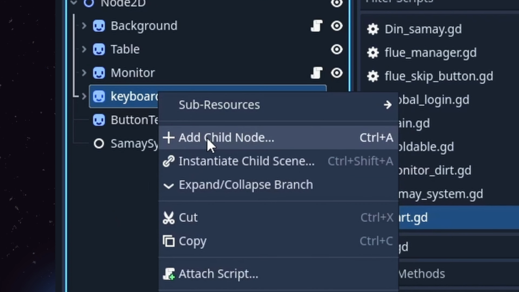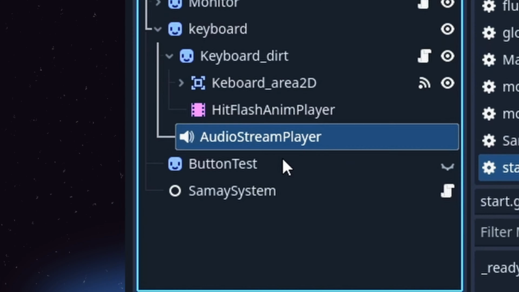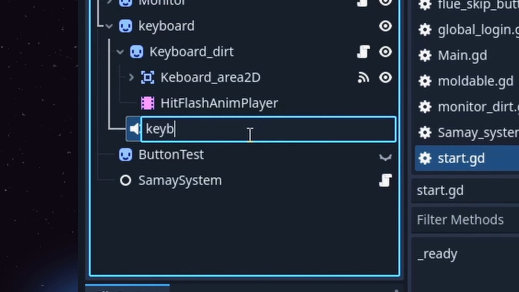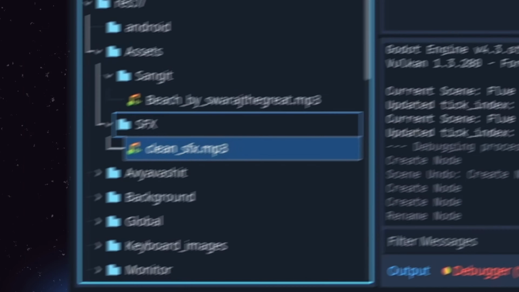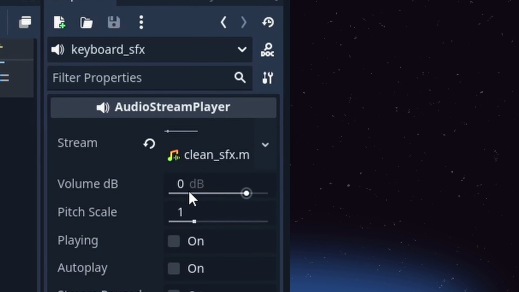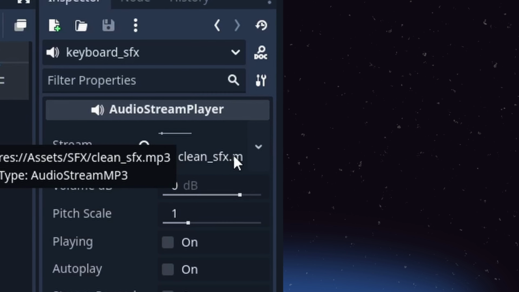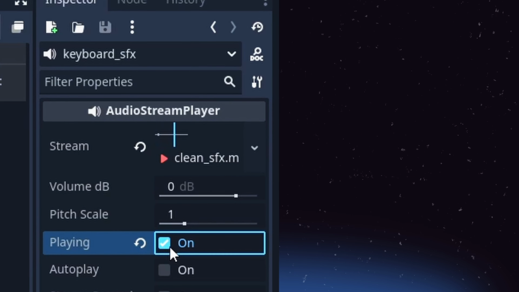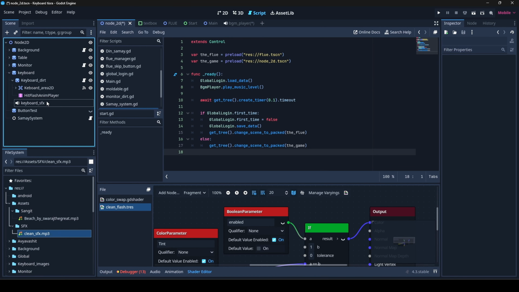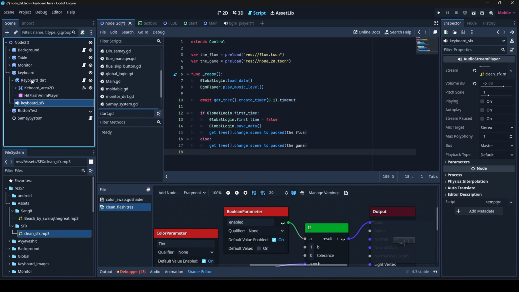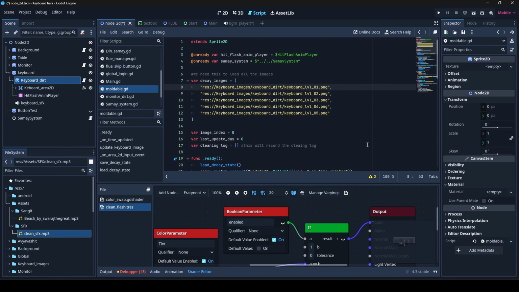So for the sound effects, I'm gonna add sound effects to my keyboard. For that, I'm gonna add a child, add keyboard node. I'm gonna name it keyboard SFX, I guess, and then we can go to the keyboard SFX music, add it. You can play this, play. I'm gonna set the volume to -5, I guess. Now you don't need any kind of a script to play this music,